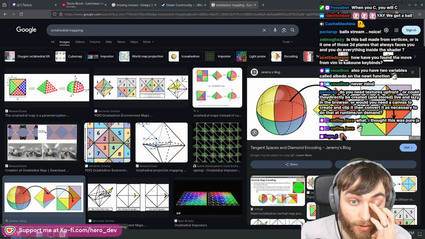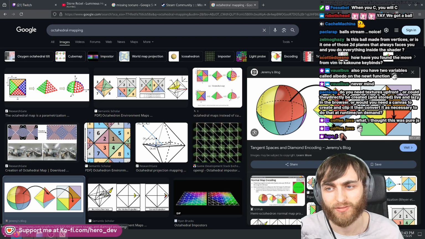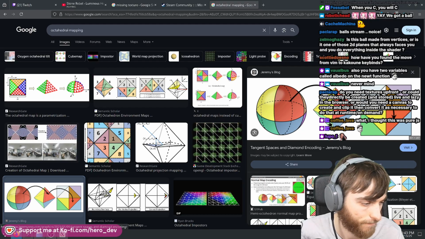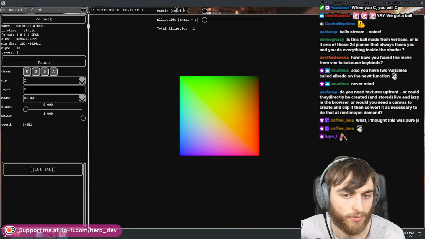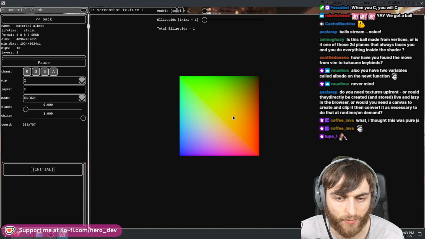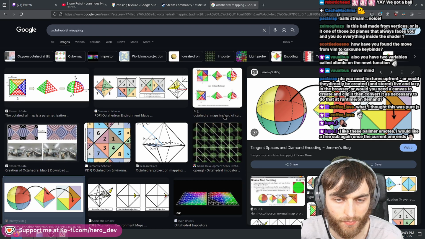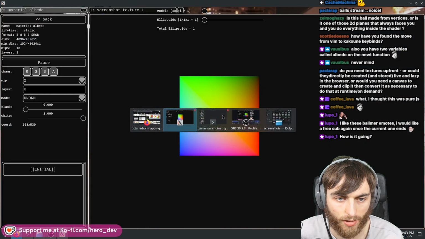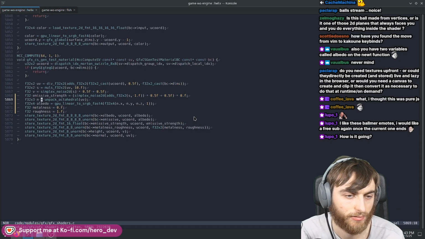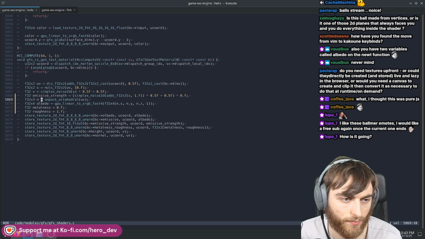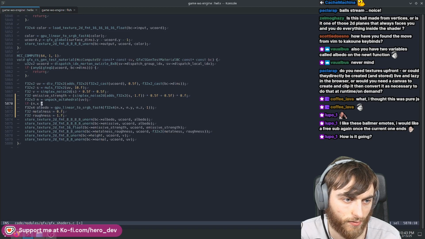But maybe the octahedral layer might not be the best one. We could do a cube map, but then you got 6 faces instead of 1. So, yeah. Oh, so I don't know if this is the right... We could snap it to an axis. That's another approach we could take. So we could say like if n.x is bigger than